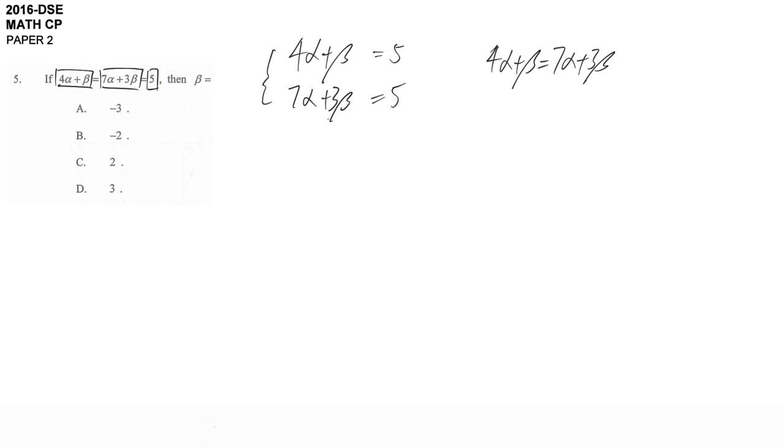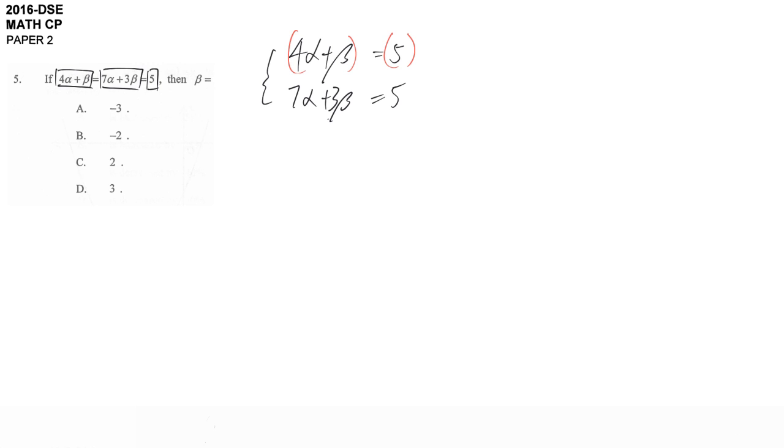It's just the same. After you write in this format, then you can use your calculator program 1 directly to get the first unknown, that means alpha, and then the second output will be the second unknown, which is beta. But if you want to solve it by yourself, the key point is I don't want alpha, so I want to make 4 alpha and 7 alpha become the same thing. To do so,